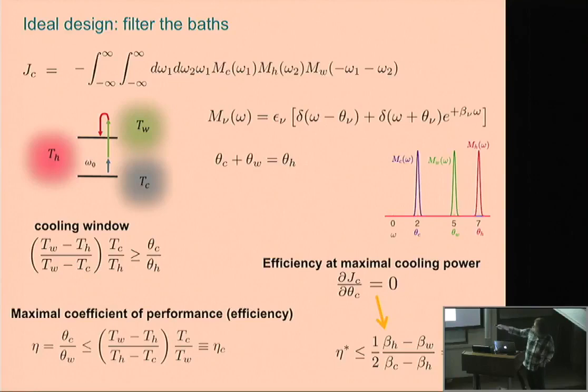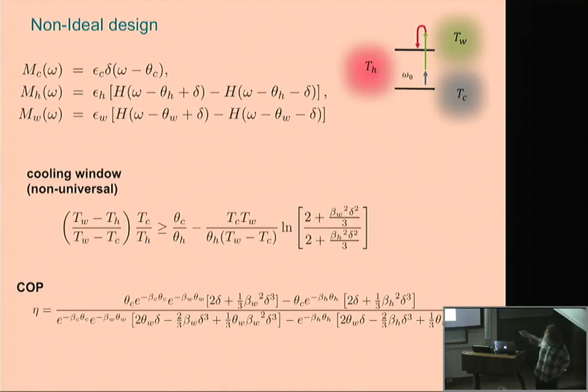So these are the main results for this extremely filtered case, but obviously you would like to make sure that this absorption refrigerator is not very fragile. We would like to find out whether it can operate in a broader regime. And we looked first analytically, again shaping the spectral functions of the different reservoirs. Now instead of delta functions, they are squares. And you can do some analytical work and again derive a cooling condition, so it can still work, and you can derive the efficiency again. Delta is the width of your boxes. So we start to convince ourselves that this machine can work beyond the very extreme limit.